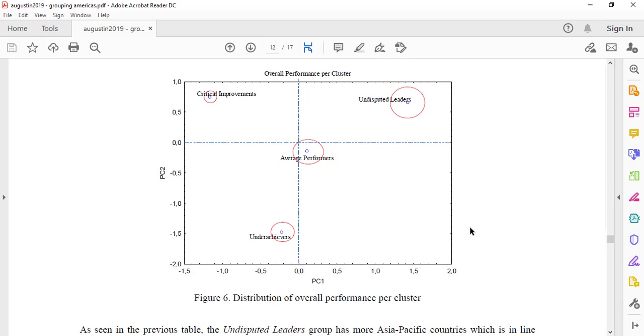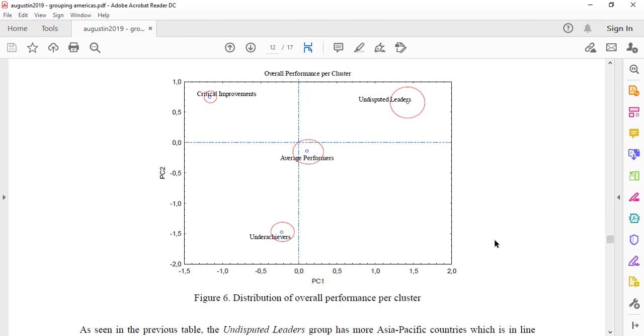And undisputed leaders, because we know in a two-dimension space, this part is positive, positive, right? Because we have zero here. How about here? Negative, negative. Positive, negative. Here is negative, negative. Positive, negative, negative. I mean, so this one is negative, positive, and positive, negative. So, yes? This is the dimension 1,